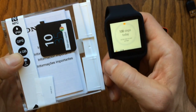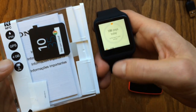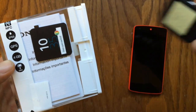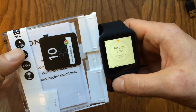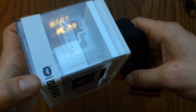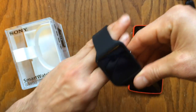4 gigs of onboard storage, really awesome to have. You can load music over Bluetooth and then pair this guy with some Bluetooth speakers or Bluetooth headphones, so you can go on a run, listen to your music, don't have to take your phone. Pretty awesome. Like I said, built-in GPS. It is waterproof to IP68 standards, has an NFC chip and obviously smart Bluetooth included, which is how it communicates